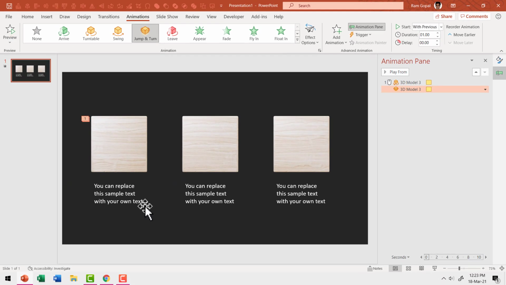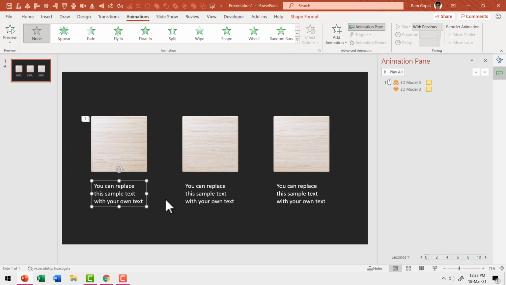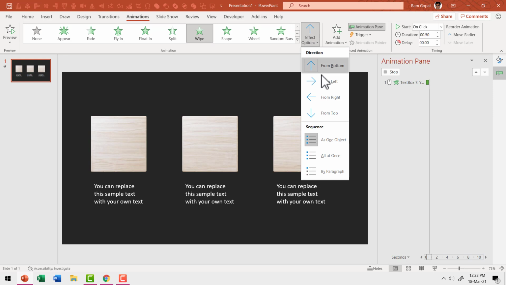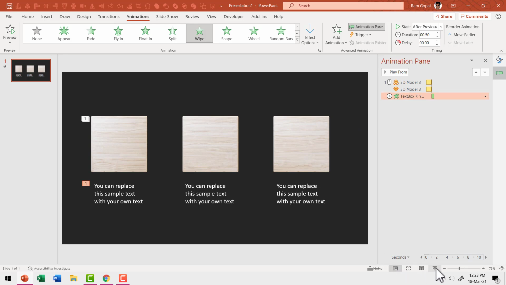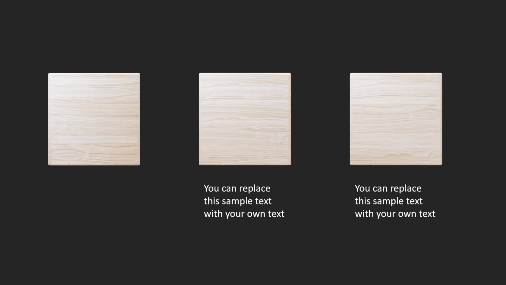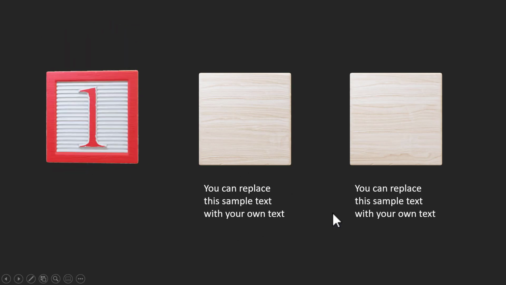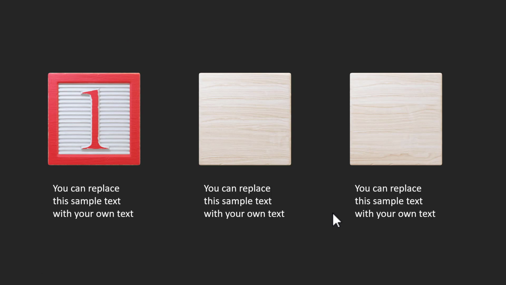And right after that, we need to have this wiping down. So let us go to Wipe and say Effect Options and say from top it wipes down and this happens after previous. Now when I go to Slideshow, observe how the animation plays. All that your students would see is the back side of the cube. Then on a click, we have this exciting animation that reveals the first item in the list.